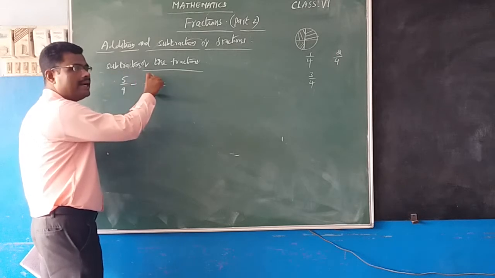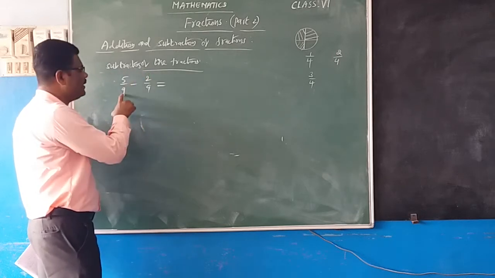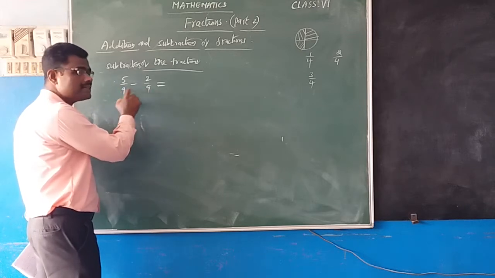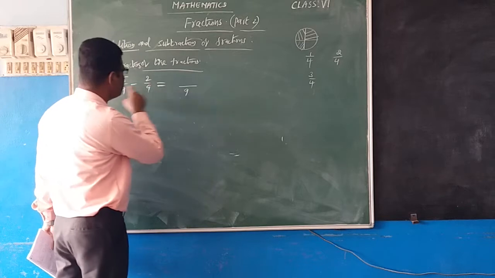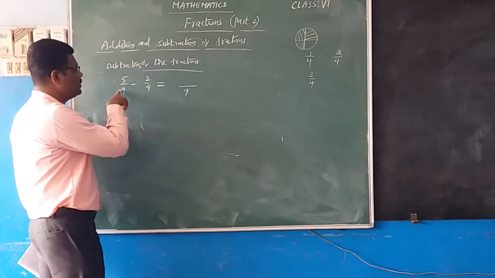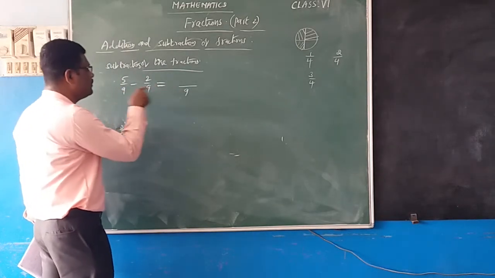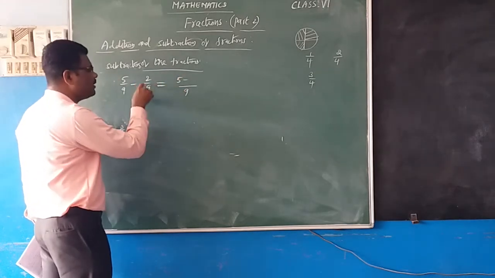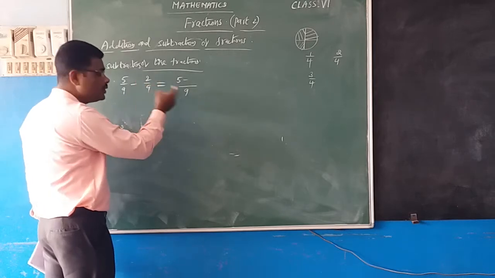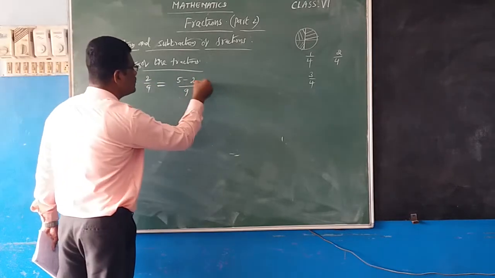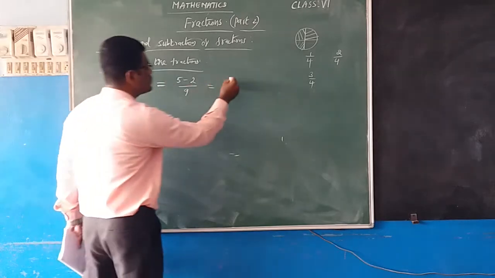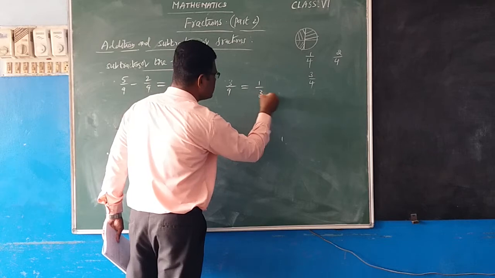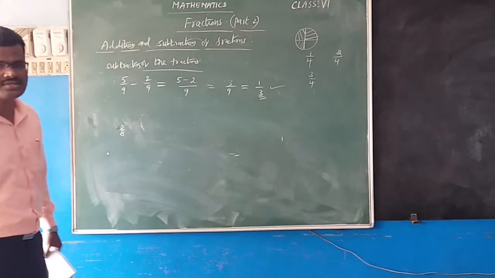Like fractions can be added or subtracted easily by taking the LCM. If both the denominators are the same, then we take the denominator as 9. So equalize the denominator, the numerator 5 remains, minus, compare the denominator of the second one, it equalizes, 2 remains, that is equal to 5 minus 2 is 3 divided by 9, that is equal to 3 ones are 3, 3 threes are 9. This is the answer. This is the difference.